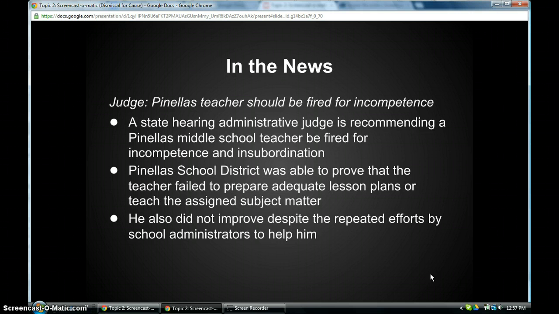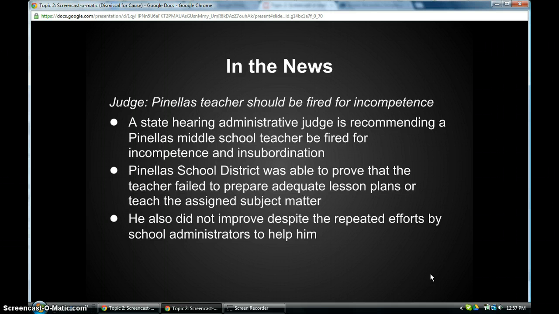Today's presentation focused on three things. We talked about background information about grounds for dismissal. Then I talked about the various areas of grounds for dismissal that are currently being used today, the most common ones. And lastly, I found three articles that are in the news